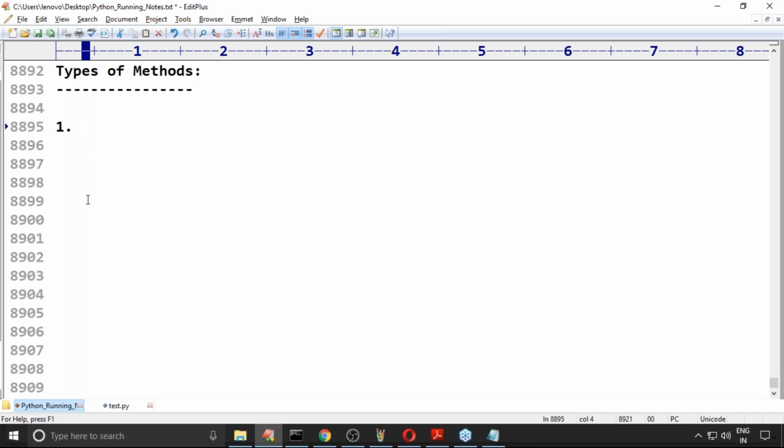Yes, friends. The first one, instance method. Second one, static method. Third one, class method. So there are three types of methods: instance method, class method, and static method.